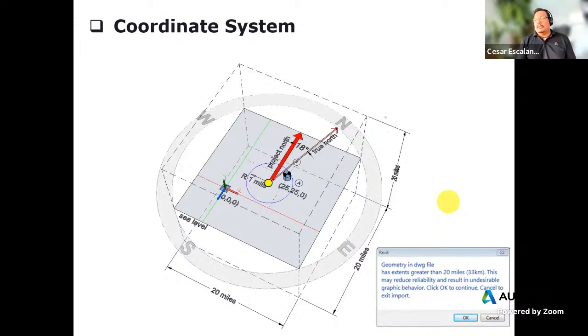So we need to go back into the AutoCAD file and make sure that the extent of the file is less than 20 miles. Now, when it says undesirable graphic behavior, it's very unpredictable. Like if you ignore this message, and for example, you render, and then you see that the render has areas that are not visible, or if you switch to an exterior elevation and it appears cropped from nowhere,